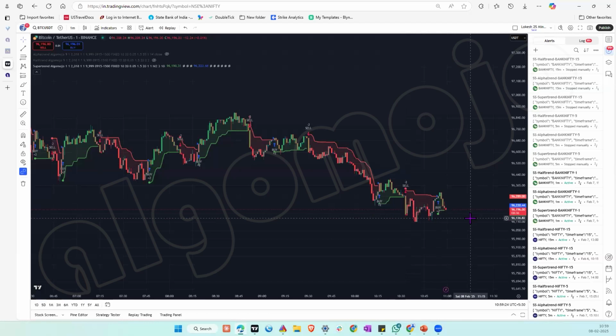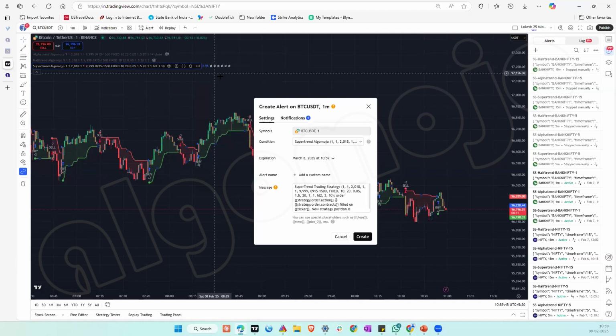Now, once you have loaded your strategy, the first step was to load the symbol, then select the trading time frame that you want to run it on. The third step is to upload the strategy. So once you upload the strategy, it will show you the three dots here. Go here and click on that. Then say add alert on Super Trend, or it could be UT Bot, or any strategy, pivot point, any strategy. It will open up this pop-up box where you have to add the